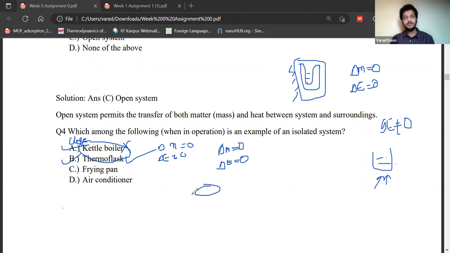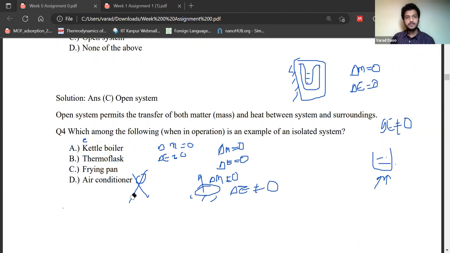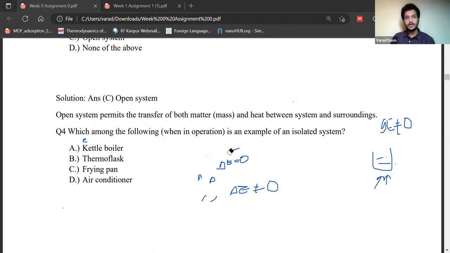Frying pan: both delta M not equal to 0 and delta E not equal to 0, so this is an example of an open system. Air conditioner is also not an isolated system. That means the only correct option is option B, which is thermoflask,